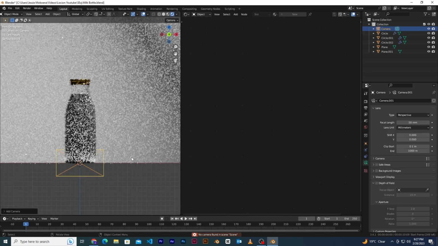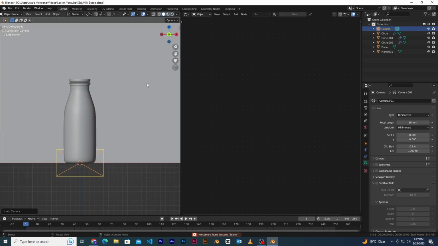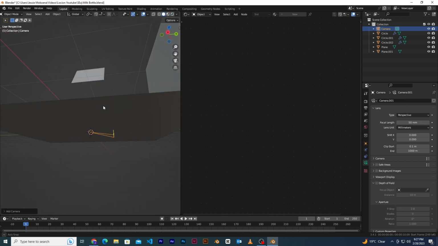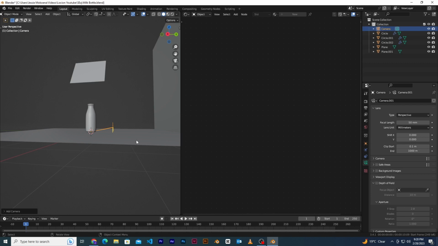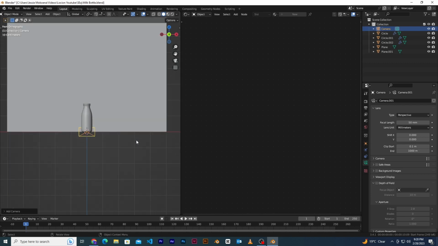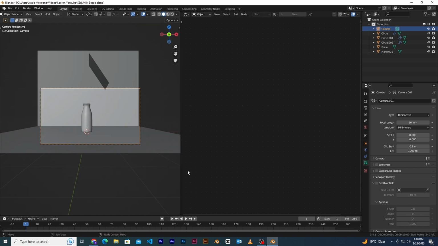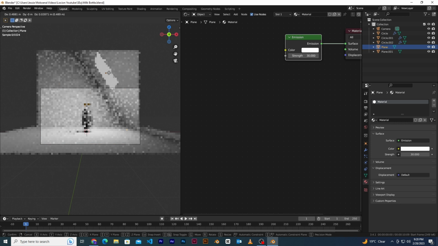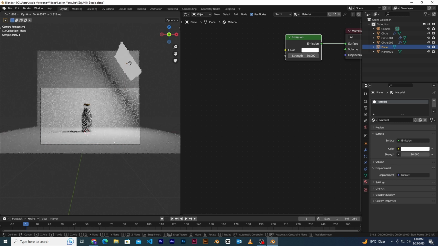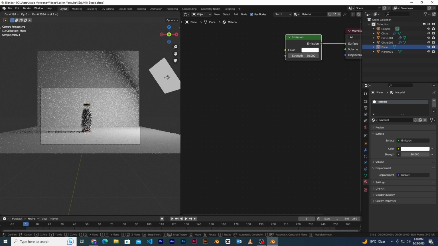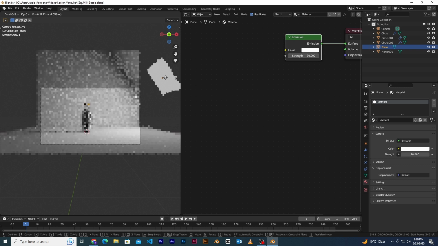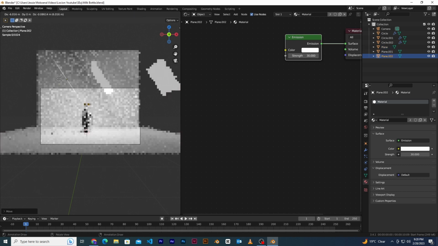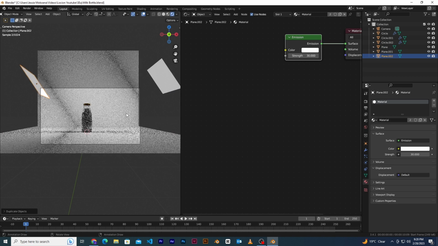Then Shift A at the camera, and you are doing the composition now, how you want the scene to look, and then you just move the camera to where you think you want it to be. So you can just go back, Control Alt 0 will place the camera where you are, and then you can keep tweaking the scene. As you can see now, I'm selecting the light and moving it outward so that it doesn't cast that shadow on the scene. And then when you're done with that, you can duplicate the light and